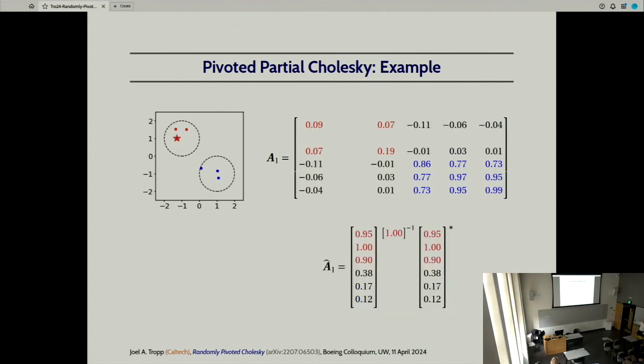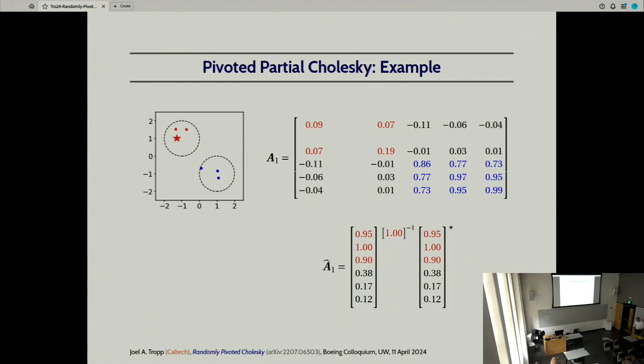So we've taken the second column out of the matrix. Here is the approximation obtained by that column divided by the diagonal entry times the transpose of that column. We've zeroed out that column in the matrix to obtain this residual, and you can see that that column already explains the other 2 red points pretty well. The first 2 red columns are almost gone now. So just eliminating that column already explained a lot. You can see that it didn't do much to explain the blue columns.